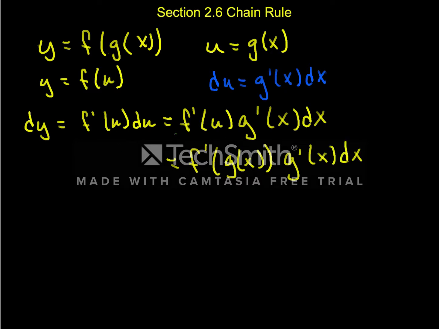So this can give you a quick way. If you just see that, oh, I've got a composition of functions, then the differential of y is f prime of g of x, g prime of x, or writing in the derivative form, dy dx